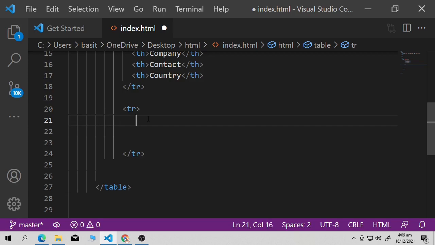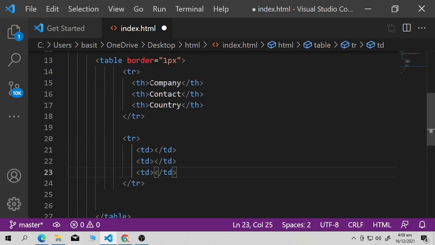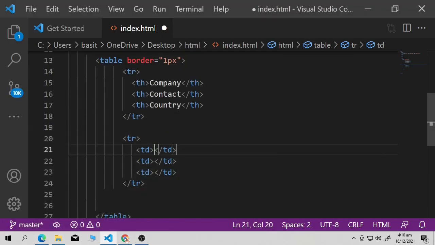To show data, you have to use the td tag. Enter td. We will use it 3 times. Copy this, paste it, Control V, Control V, 3 times. We have 3 headings, so we also have to show 3 data. Now inside your first td, you have to mention the name of your company. So I will go in my notes. The company name is here. Very awkward name. I will copy it and paste it in between our td tag.